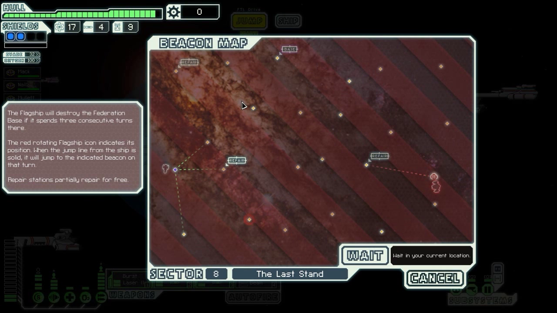So the flagship will destroy the Federation base if it spends 3 consecutive turns there. The red rotating flagship icon indicates its position. When the jump line from the ship is solid, it will jump to the indicated beacon on that turn. Repair stations partially repair for free. So we could